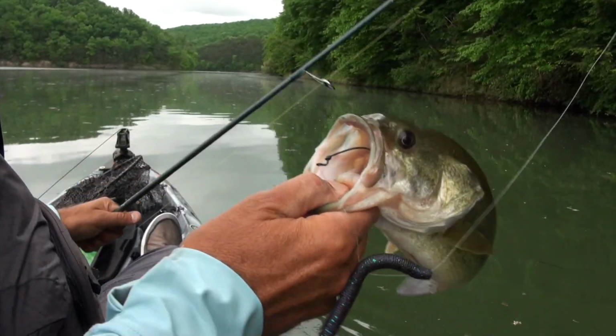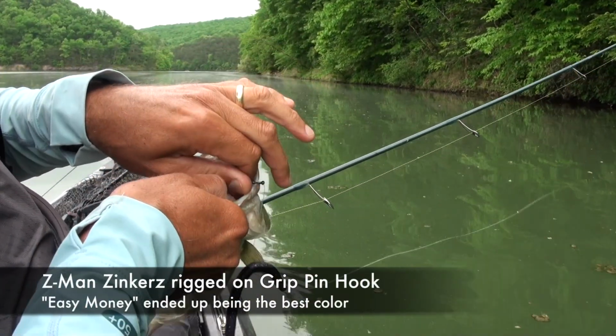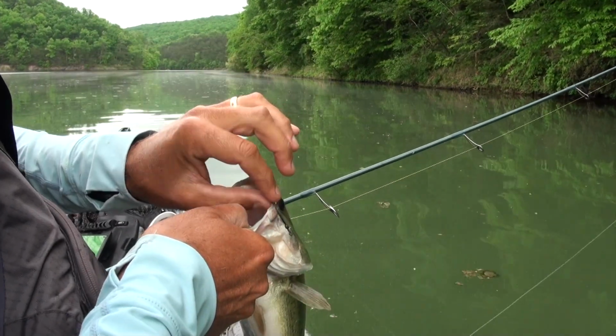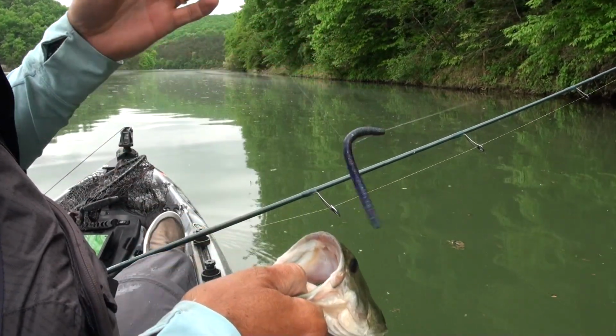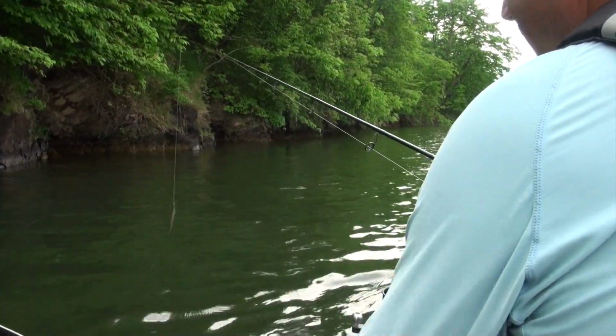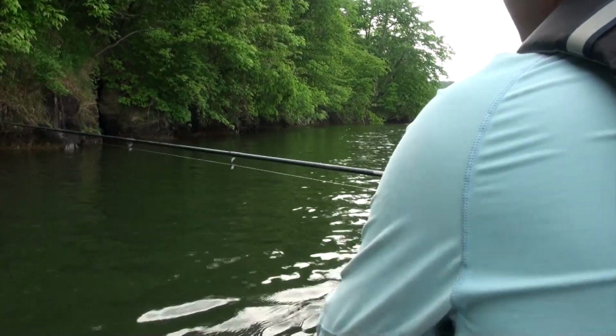Right, finally got one on the board. Let's see what he is. It was on a little piece of wood, and all I was doing is skipping the zinker ahead of me. So with this light and the reflection of this steep bank, you can see the